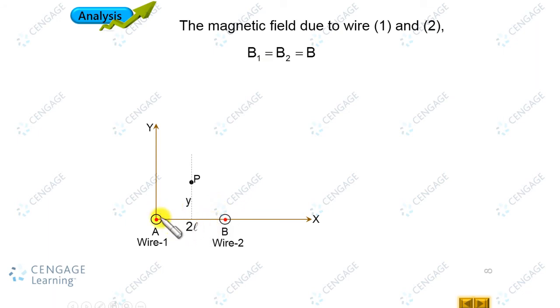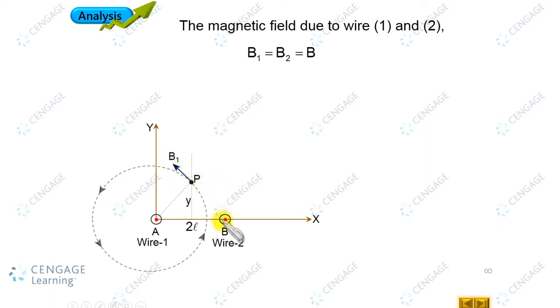Now we can find the direction of the magnetic field at point P because of wire 1, and here we use the right hand rule. If we stretch the thumb of the right hand in the sense of the current, the curling of the fingers gives the direction of the magnetic field lines. So the magnetic field line will be circular and passing through point P, in the anti-clockwise sense like this. For finding the exact direction of the magnetic field at point P because of this wire, let us join point P to the location of this wire. This is the radial line, so the tangent should be in this direction. So this is the B1 vector.